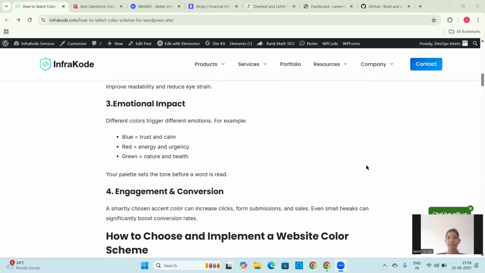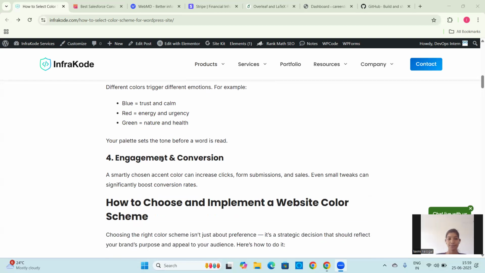Red represents danger, energy, urgency, or emergency. Green represents nature and health. Like in a hospital's website, we use decent colors like blue and white. Different colors trigger different emotions.